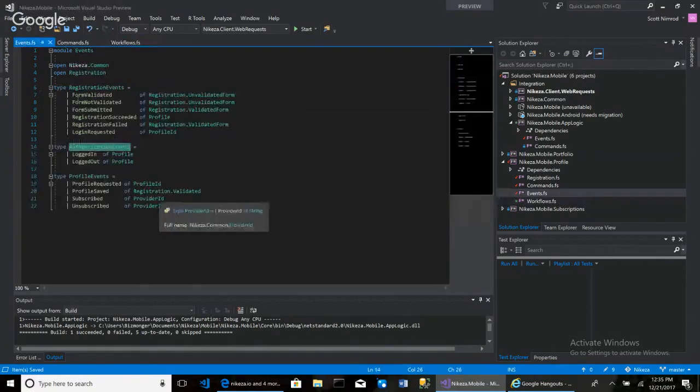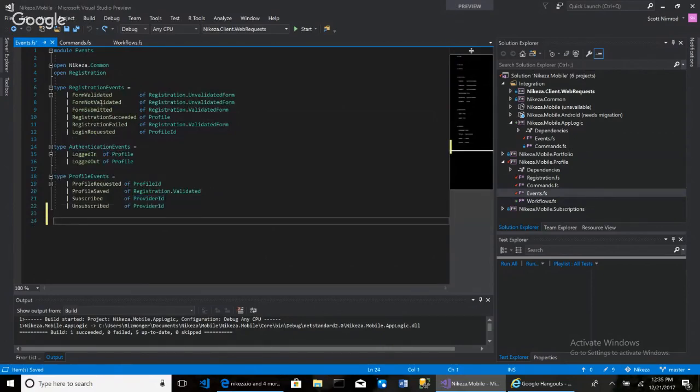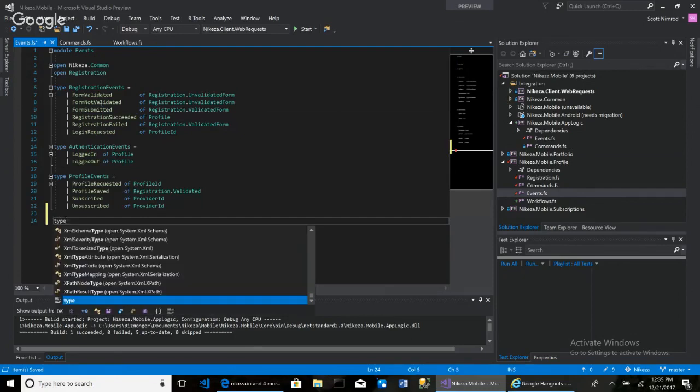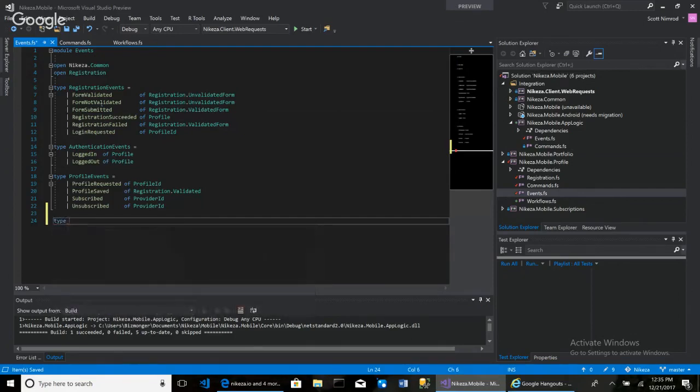So how would I do that? Well, I guess I would create kind of an aggregate. I don't know if that's really the right term, but I would basically say type event types equal,